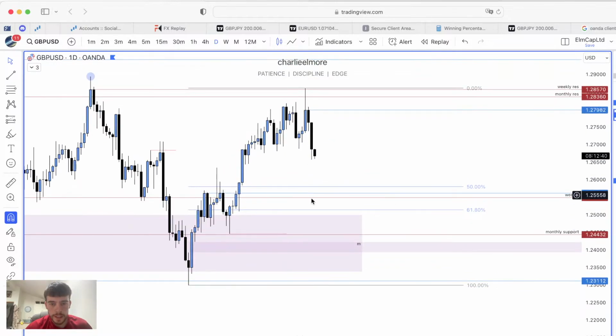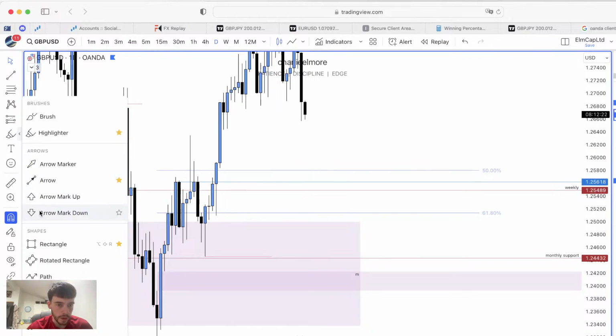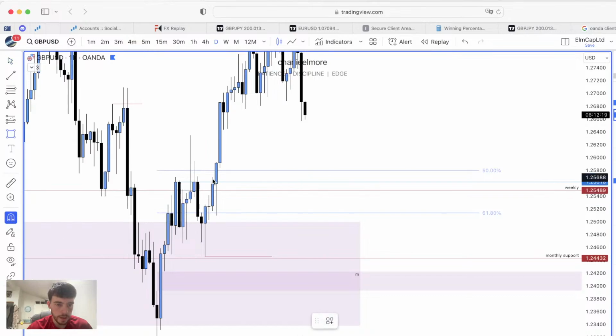And sitting down within this 50 and 618 area. If we remember, this is the area in which we were looking. Still looking at these areas because it aligns with, first of all, the discount. Second of all, it's very close to the weekly area we just highlighted. And third of all, it's very close to this daily imbalance. Okay, so we've got multiple reasons why price can come down into here and even react from it,